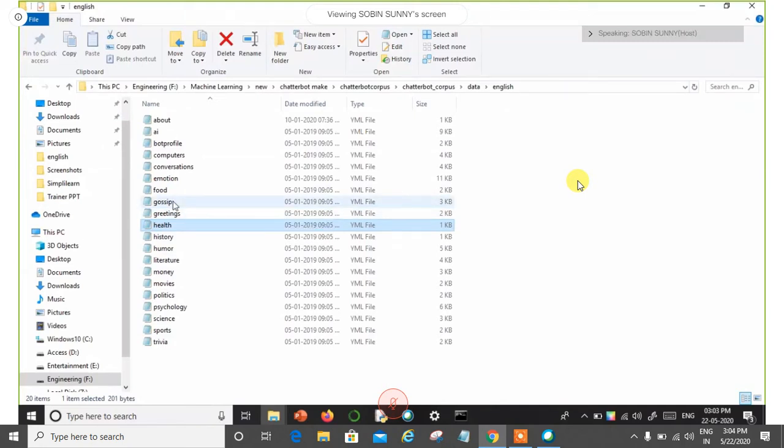If you're telling some gossip, I'm just joking, that ladies might be interested in gossiping, or even boys nowadays, then this chatbot has to reply to you with the same gossip. So it needs some data regarding that. The chatbot corpus trainer will train regarding each and everything: how to respond to a message, and if someone sends you a message regarding food, how to respond to that one.